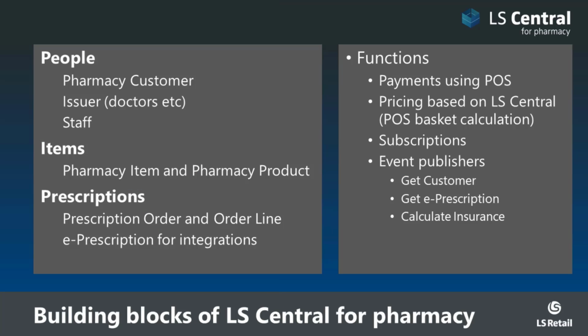The main building blocks of LS Central for Pharmacies are, for example, people. We do need a pharmacy customer for anyone that comes into the pharmacy and needs a prescription. This customer does not have to be created as a customer in Business Central. It does not have to be created, he or she, as a member. So we have a specific entity called a pharmacy customer where we register those customers that come into the pharmacy to pick up prescriptions. We also need to keep track of the issuers, doctors, nurses, and so on, that prescribe the items. They can have rights, so we need to validate that actually they have the rights to prescribe the